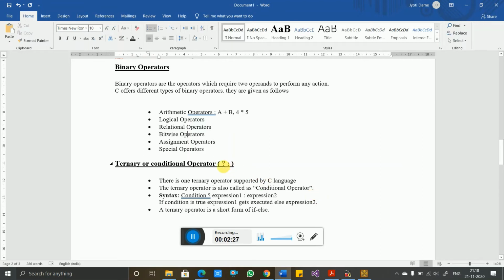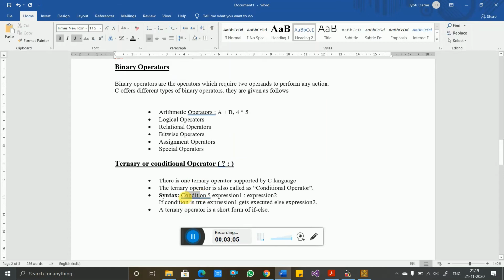Here the operator is a combination of two symbols, question mark and colon, and we use operands in three positions: on the left hand side of the question mark, between the question mark and colon, and on the right hand side of the colon. There is only a single ternary operator present in the C programming language. The ternary operator is also called the conditional operator.